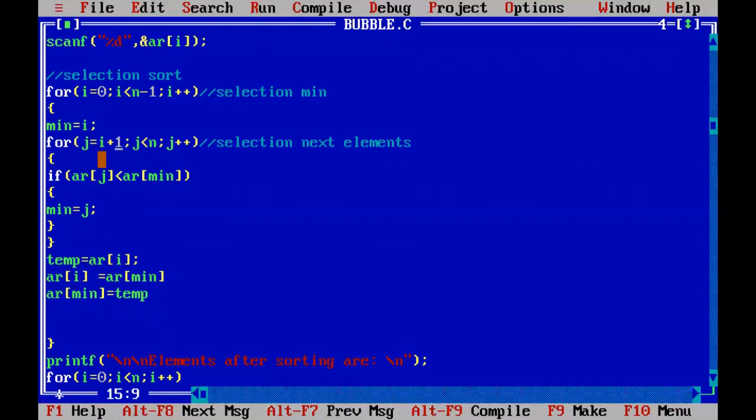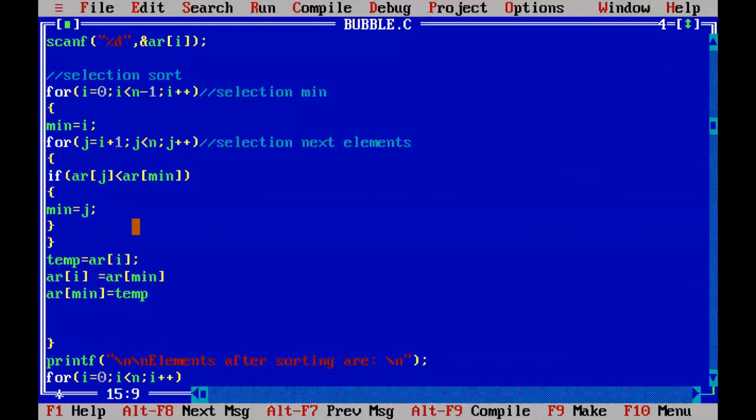Then we go to the outer loop. Then the second index is selected. That second index is compared with all other remaining elements, which are selected with the j variable. Again arr of min, the second index, is compared with all other arr of j, the remaining indexes, and we find the minimum element here. After finding the minimum, we swap the second index position with the minimum.